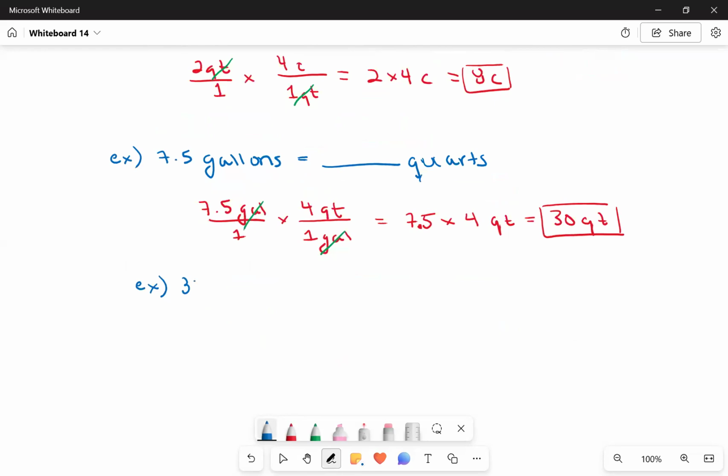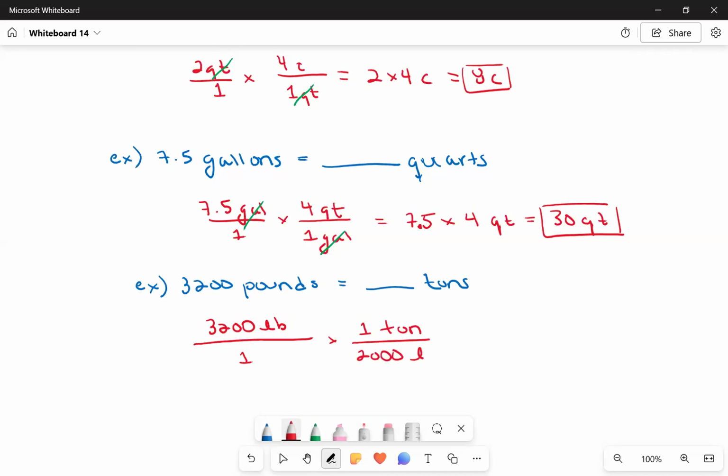3,200 pounds into tons. Okay, so 3,200 pounds. Oops, I don't need to put the S. Over 1 times, okay, so 1 ton is 2,000 pounds. So let's cancel. This time I have another division where I have 3,200 over 2,000, and then tons